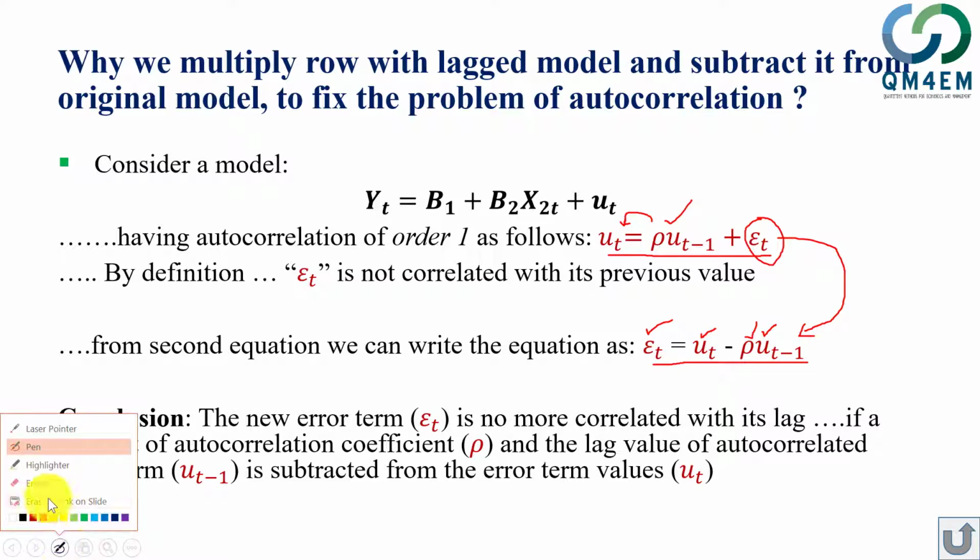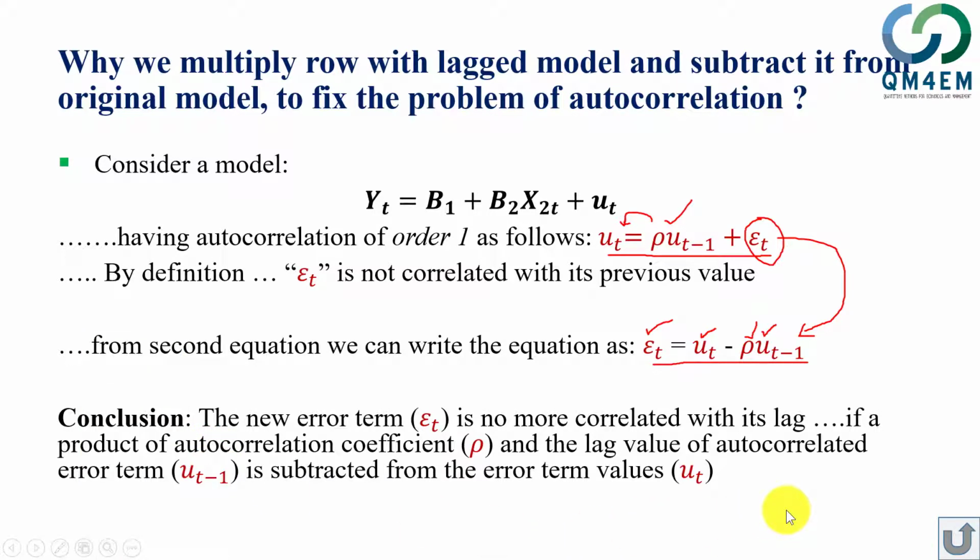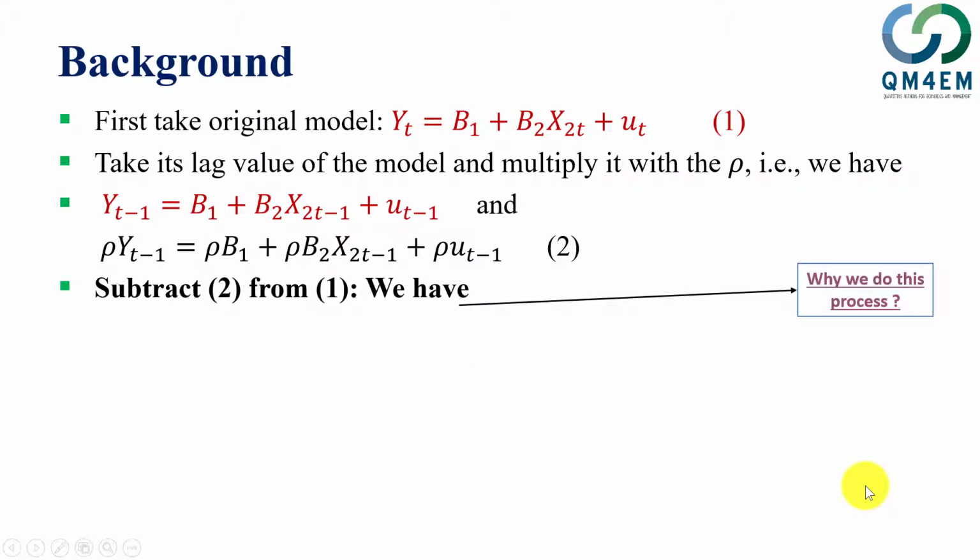This leads me to a very simple lesson: if you have autocorrelation of order 1 and you multiply the lag value of the error term with the autocorrelation coefficient and subtract it from the original error term, you get an autocorrelation free error term, or in other words, an error term that is no more correlated with its previous or lag value. So having this lesson, coming back to this point, while subtracting equation 2 from equation 1,